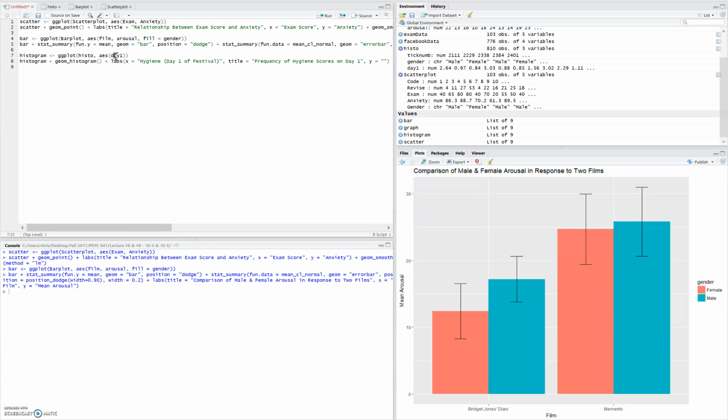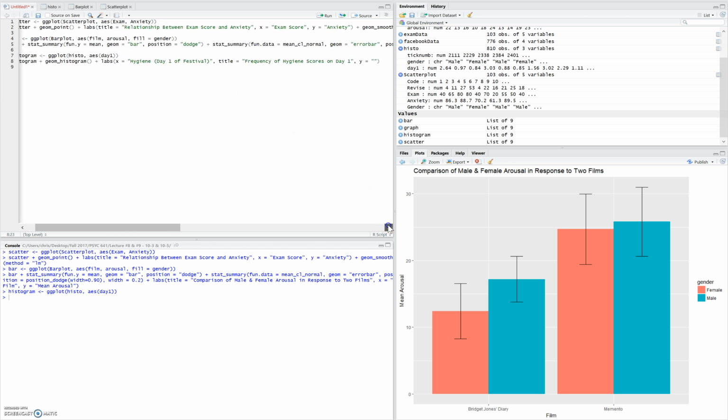The last graph for the assignment was the histogram. So once again, just like with the other two, I'll be starting by creating the object that specifies the plot from the data that was imported. And then use the geom_histogram function to create the visual element of the histogram that will show the data in that format. And then once again, using the same labs function to put the